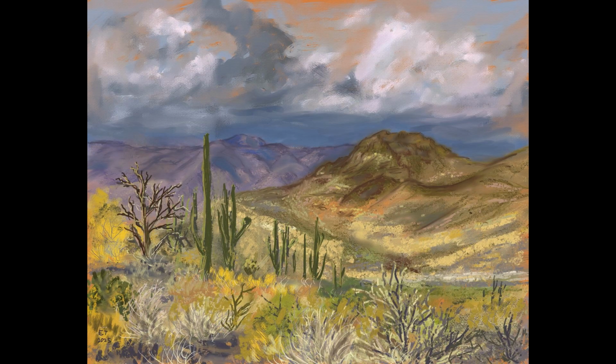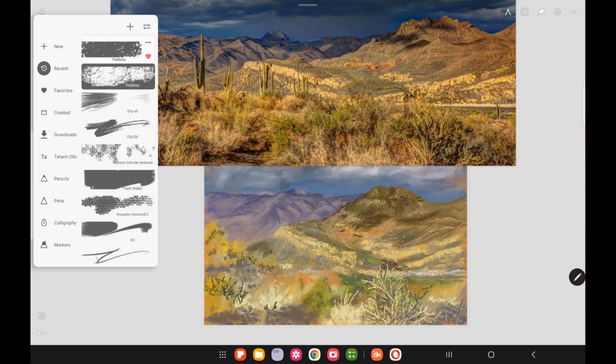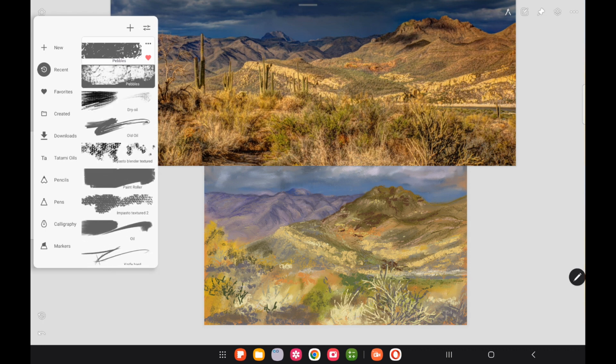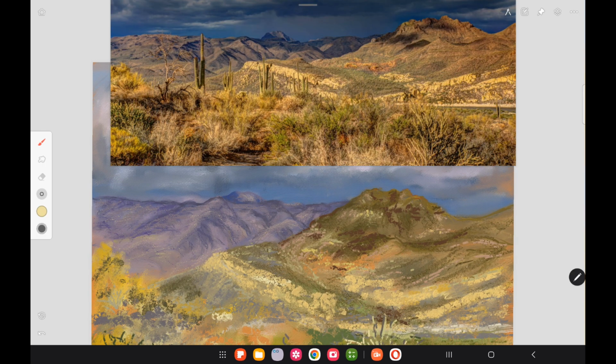In this video, we're going to be working on the third part in our Saguaros series, and we're going to go ahead and add the vegetation in the front and work on the saguaro cactuses. If you want to follow along with traditional materials, check out part 1 in this series where I have a list of all the paint and the canvases and the colors that I use. We're using Infinite Painter for Android here,